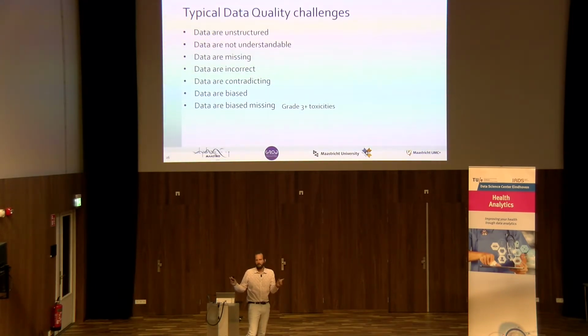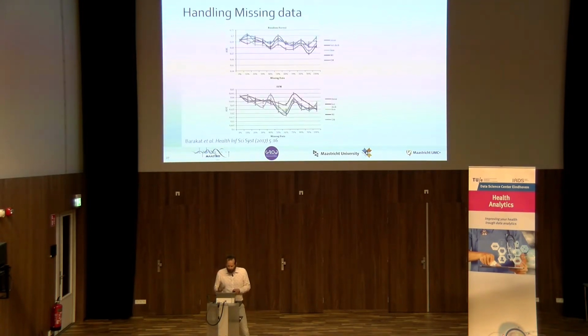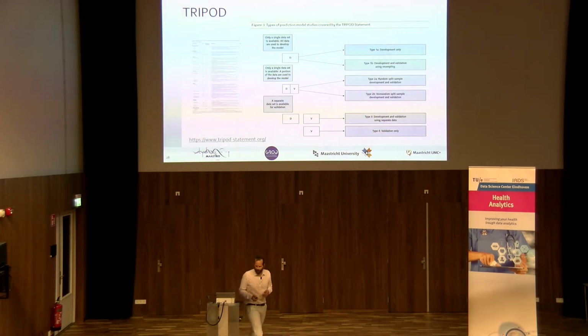And this is quite hard in classical statistics. This is where machine learning really can help you to figure that out. Garbage in, garbage out is a complaint that we get often: if this data is so messed up, how do you get beautiful things? This is a picture made out of garbage, so if you look long enough, you can make a beautiful picture, we feel. And one example, missing data. This is the area under the curve and this is the amount of missing data, and you can actually see, in this example of random forest, that you can have a lot of missing data and still have a pretty decent model. So missingness of data is not a big concern. What is a big concern in the field is this: validation.